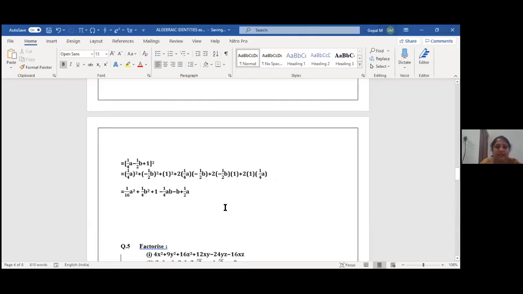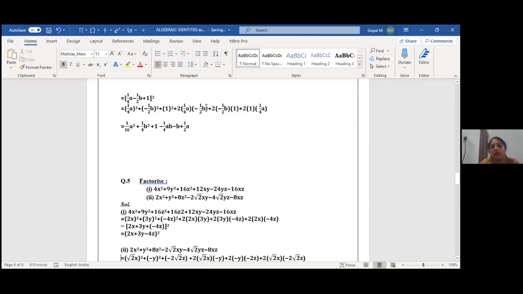See, as I said, in this fourth main, I'll give 2 homework questions, children. So fifth main, you see here. Here they gave the RHS value: A square plus B square plus C square plus 2AB plus 2BC plus 2CA. They gave the RHS, we need to find out the LHS now.